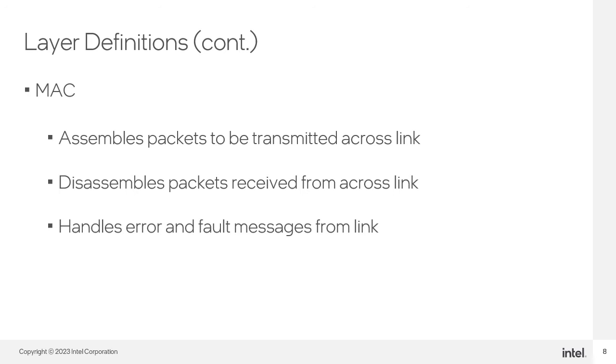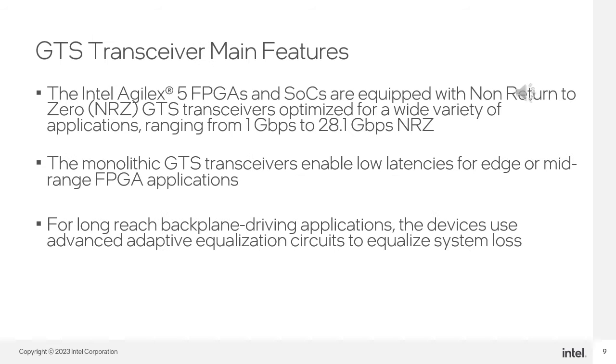In a sense, the exact data content the MAC transmits or receives is not important, just as long as the link continues to function correctly. The layers beyond the MAC, then, are more concerned with where the data is actually going and what data is being sent and received. The Intel Agilex 5 FPGAs and SoCs are equipped with non-return to zero (NRZ) GTS transceivers